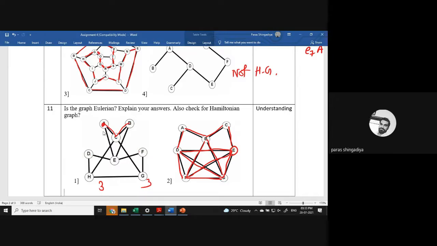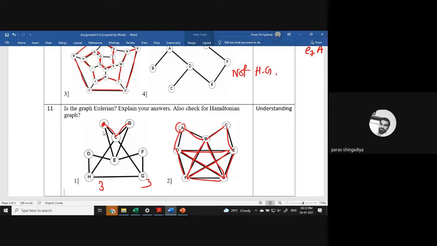Clear? You can start with A also. Let's start with A. A is my starting place. A to D, D to F, F to G, G to E, E to C. Okay, C to B. Now from B we'll complete this star. So B to G, G to D, D to E, E to F, F to B, and from B you will reach A.